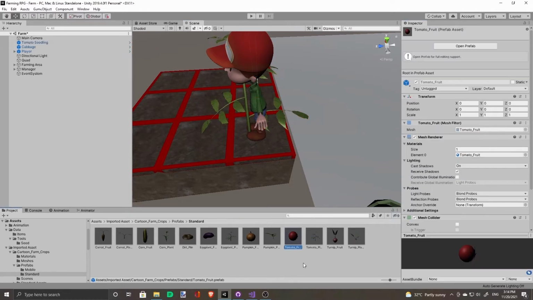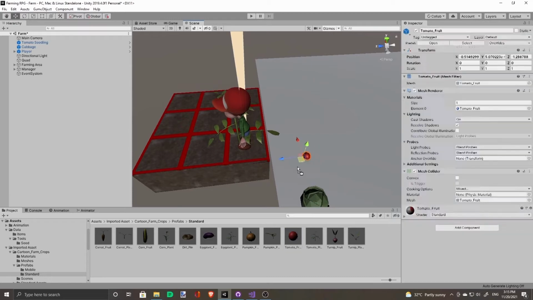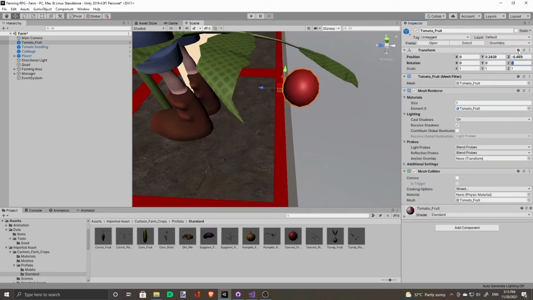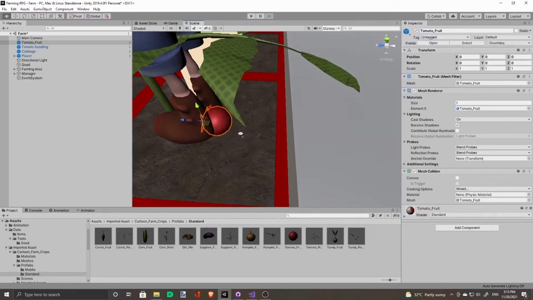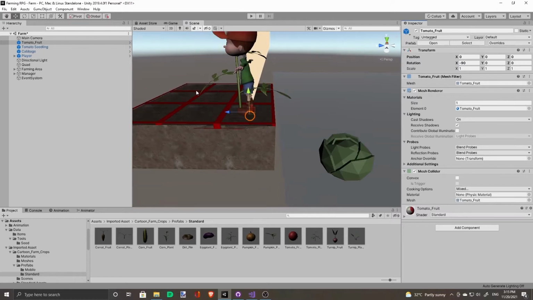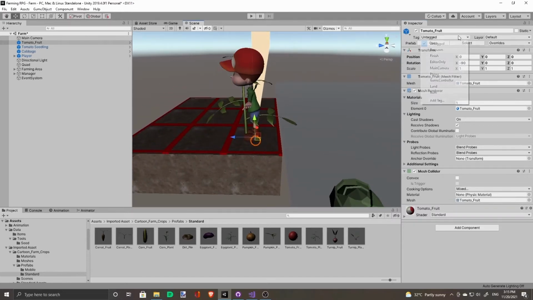And this will be our fruit. Tomato fruit. Make the rotation face upwards. And since this is a fruit, this is an item, we'll set the tag and the layer to item.